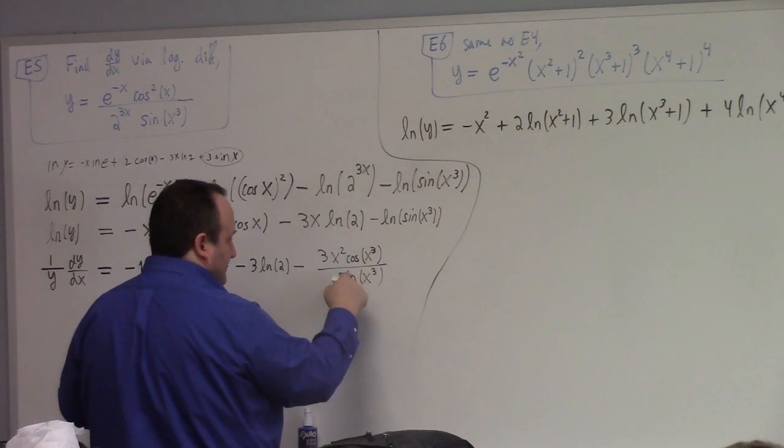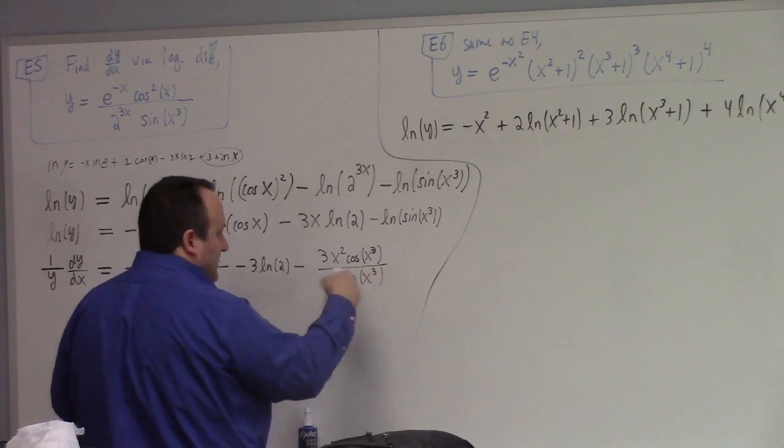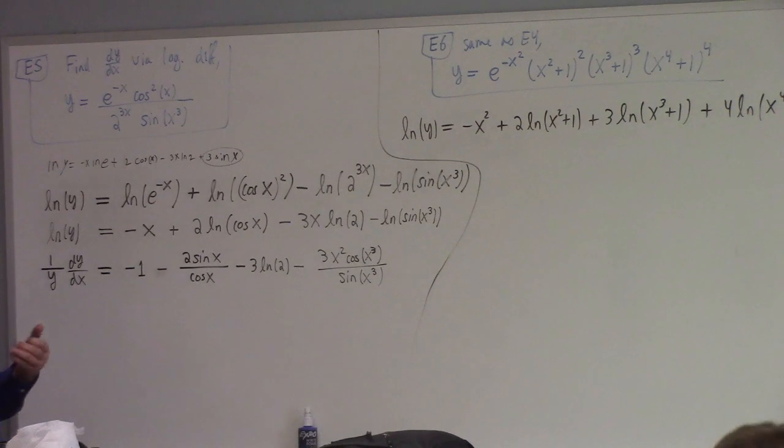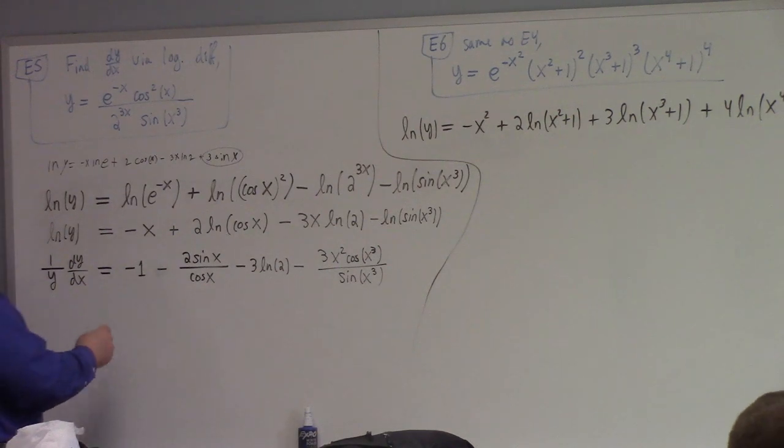So what's going on there is my inside function is sine of x cubed, right? The derivative of sine of x cubed is 3x squared cosine of x cubed by the chain rule. So my du dx on top of the 1 over u is that 3x squared cosine x cubed. The minus is there from the algebra before. And okay, so here we go. dy dx equal to,